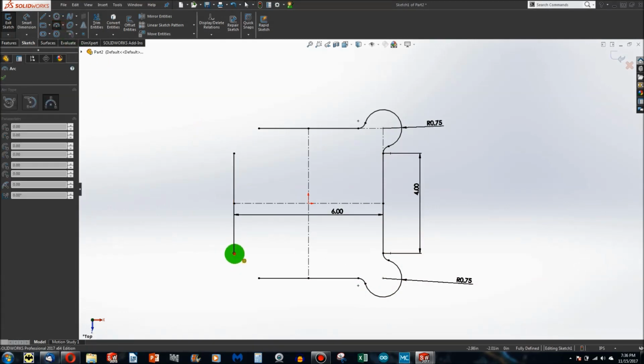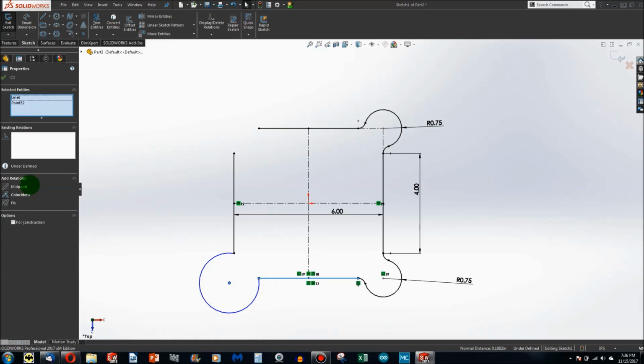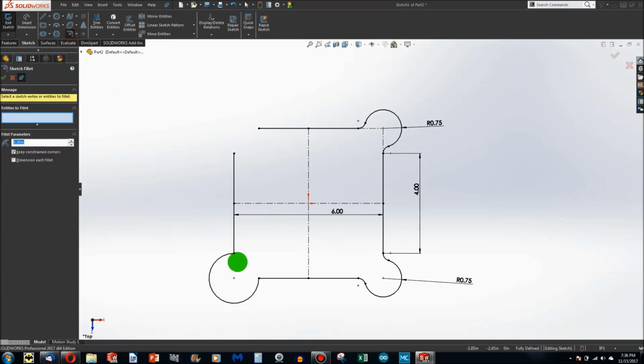What I'll do this time is I'll make a 3-point arc and put it directly on these 2 points instead of adding these fillets over here. And I'll make it coincident, and notice this arc is fully constrained. And then I can use that sketch fillet feature that we went with,